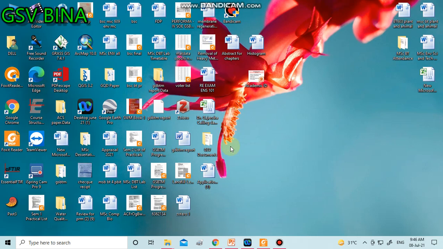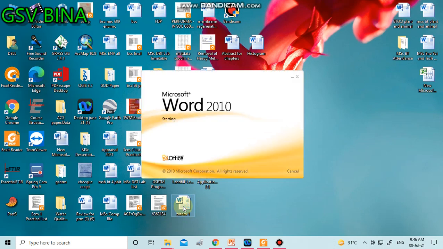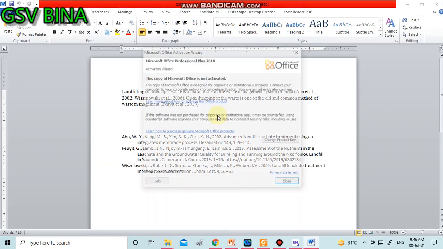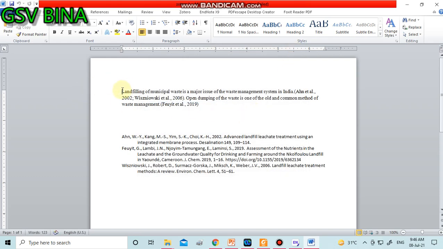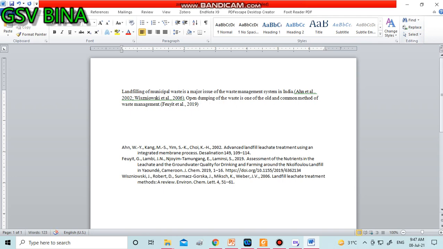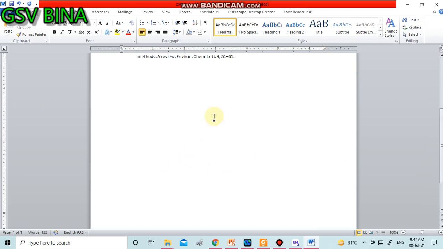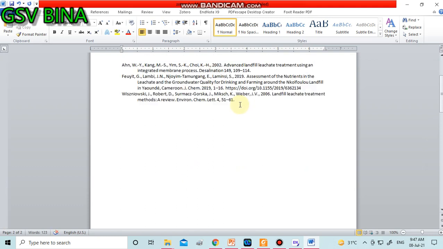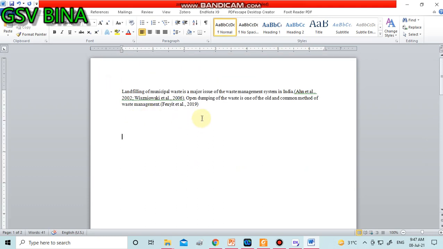First you have to open any Word file like this one. I am opening this file. Suppose I am writing this paper and I want to update it with the citation or the reference list. Now suppose in the new page, I am going to the new page, delete this one.